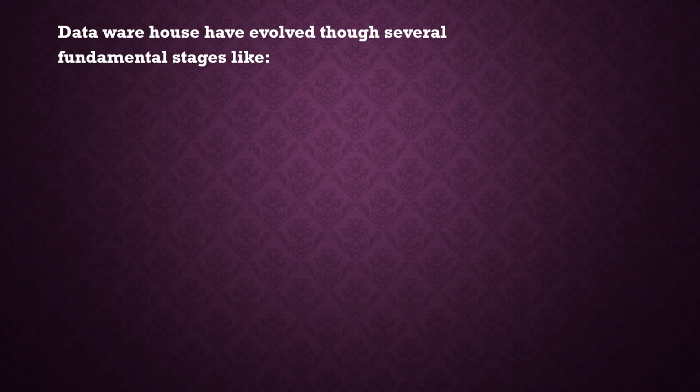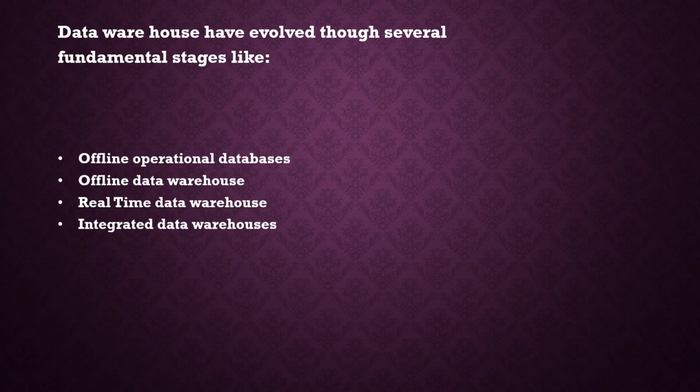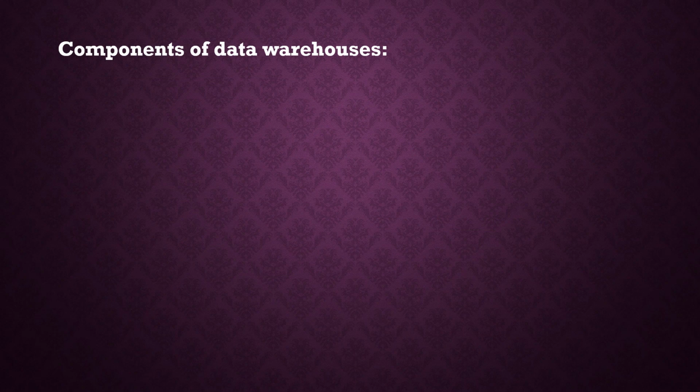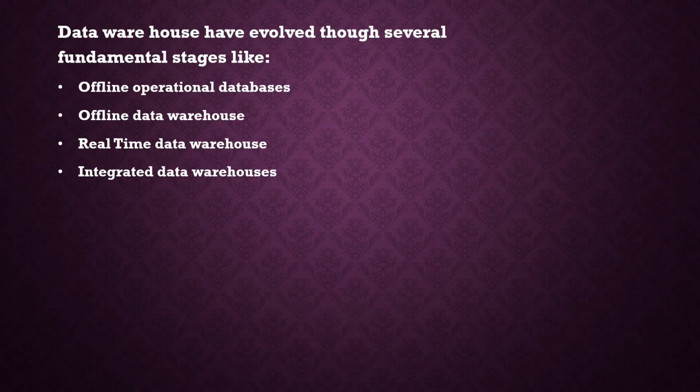Actually, what do you mean by data warehouse? It's already explained, and data warehouses have evolved through several fundamental stages: offline operational databases, offline data warehouse, real-time data warehouse, integrated data warehouse. See, it's also given that,